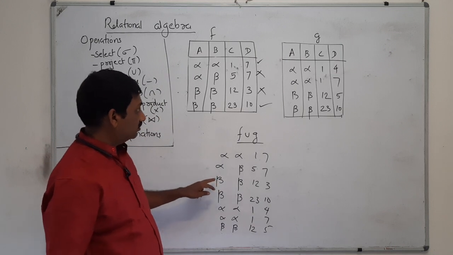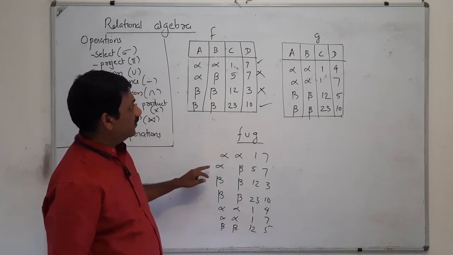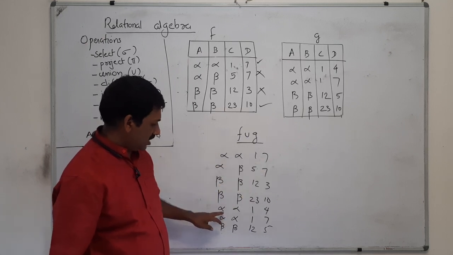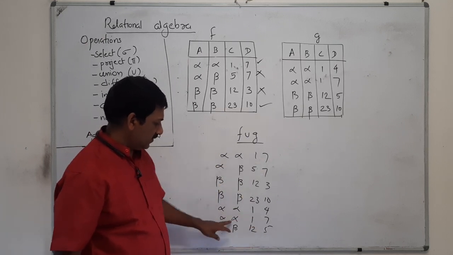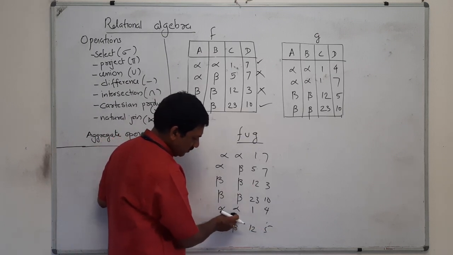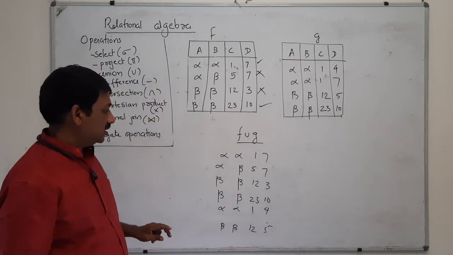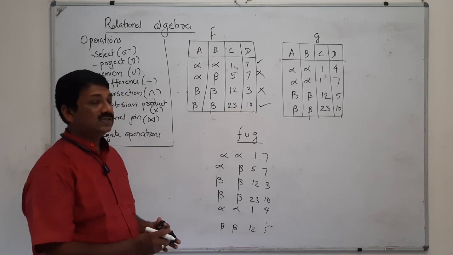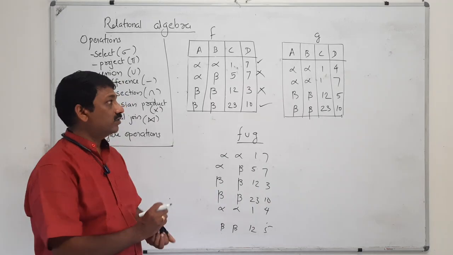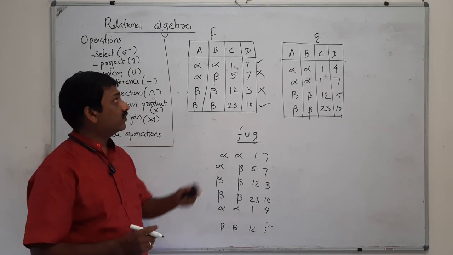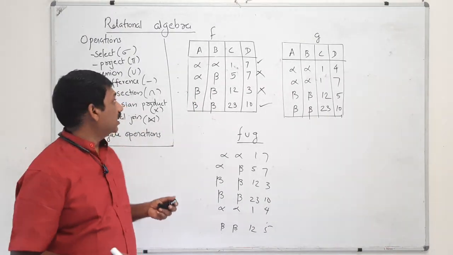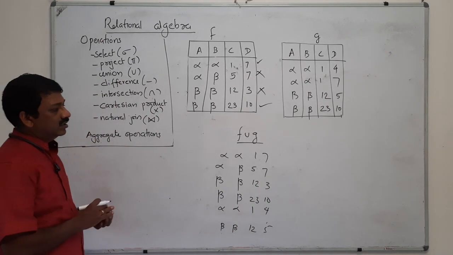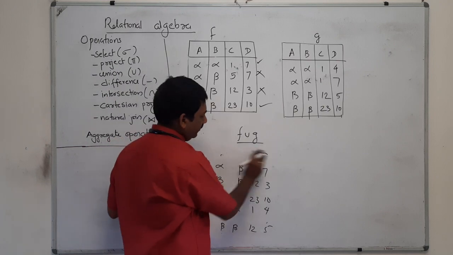And alpha alpha 17 and alpha alpha 17, so this has to be avoided. That means now this is having 1 2 3 4 5 6, 6 elements, or 6 tuples, for F union G. Okay, that's about union. Then suppose that you are taking difference,